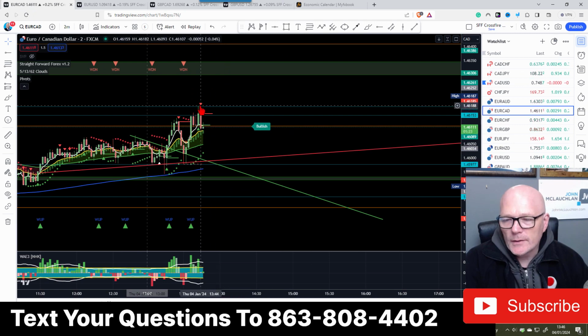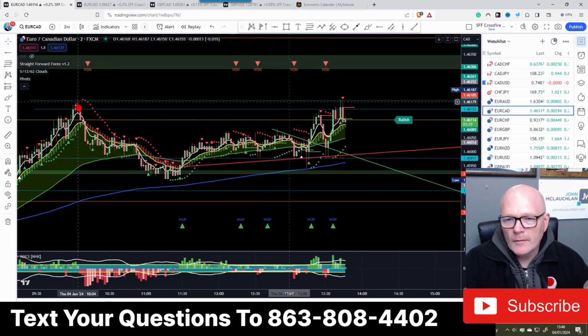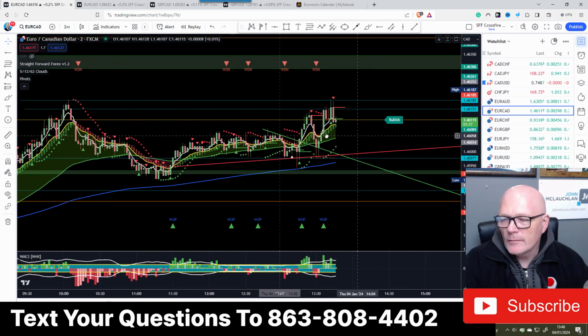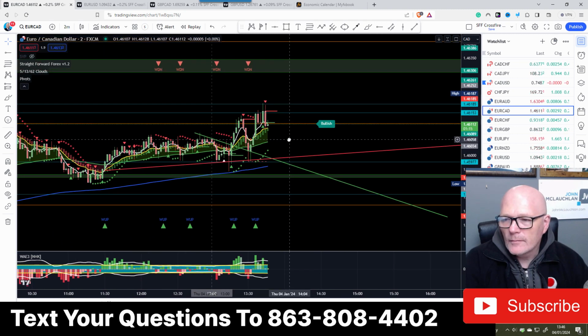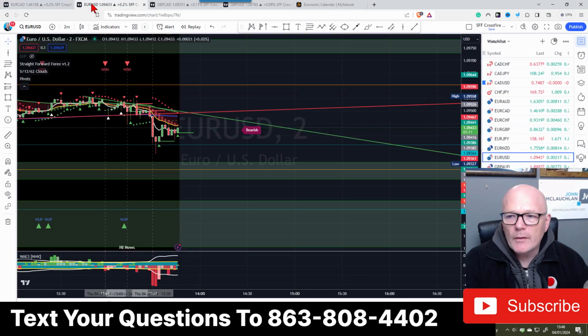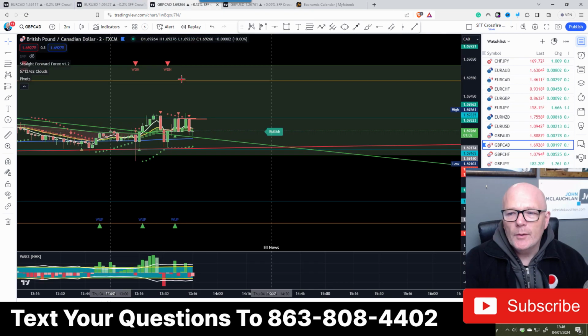Okay, Euro CAD. Yeah, I was right there. See, it peaked at that high here, and then it just came down. Euro USD, same sort of thing. No real manipulation, no real volume, going sideways. GBP CAD,